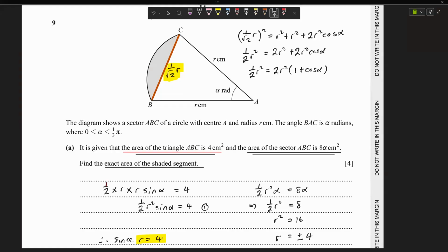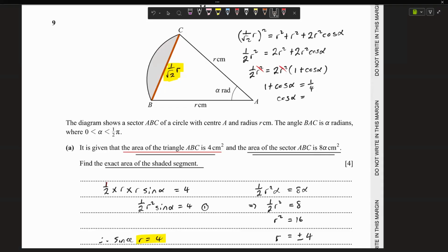Now the R squareds are going to cancel out, so we no longer have the R squareds, and we divide both sides by 2, which leads us to 1 plus cosine of alpha is equal to a quarter, and therefore cosine of alpha is going to be a quarter minus 1,